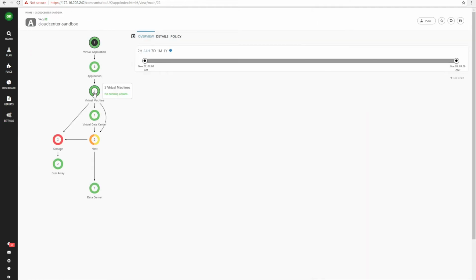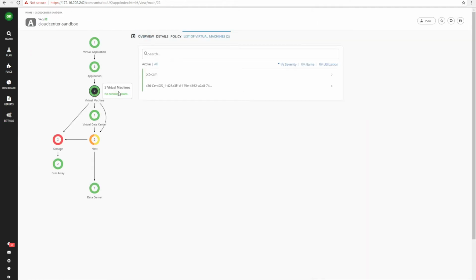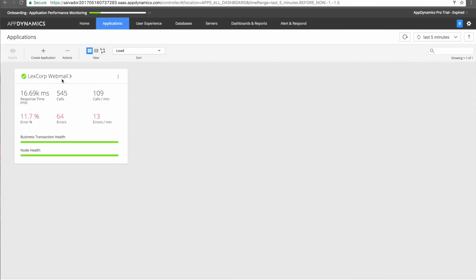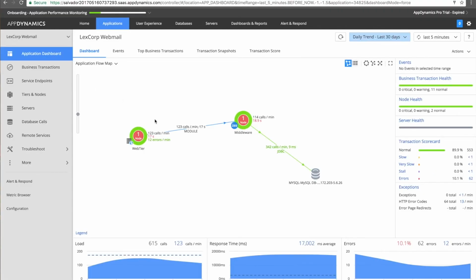performance data. Initial placement is just the first step in managing a hybrid cloud workload. Let's look at another application previously deployed to see the importance of continuous tuning of application workloads to match application demand with cloud supply. From the AppD interface, we see another application, webmail, composed of a web tier, a middleware